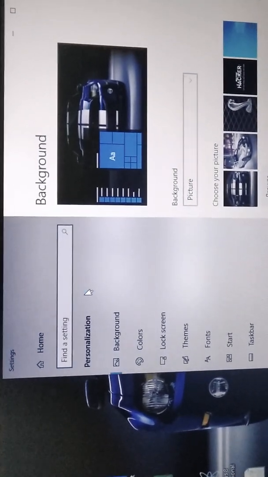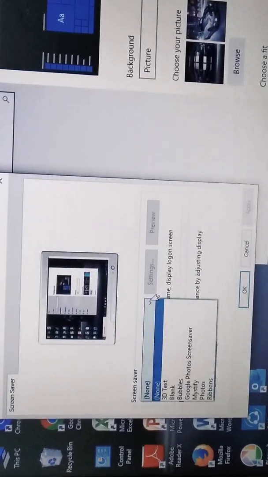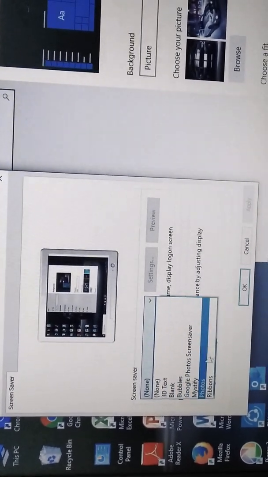Then this screensaver window will appear on the screen, and from here you can choose. None is written here, and from here there are many options: 3D Text, Blank, Bubbles, Photos, and many more. You can choose one thing, like I am selecting Bubbles.